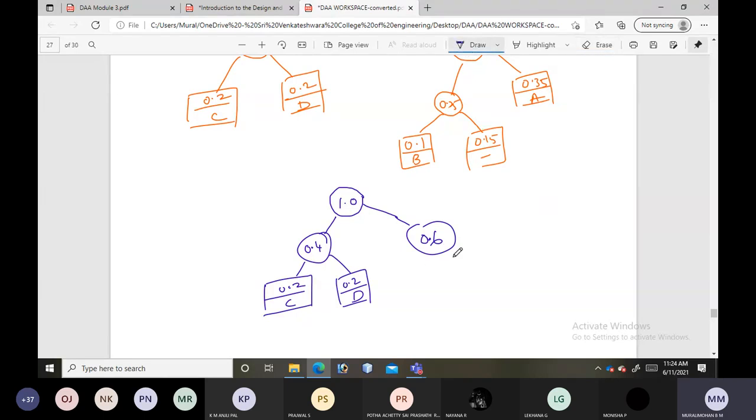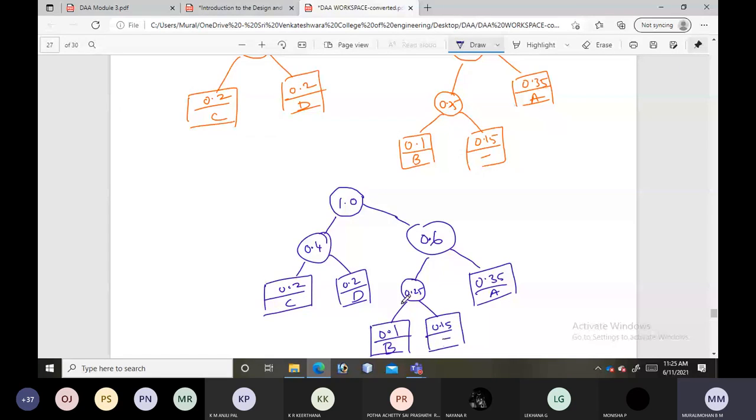The left subtree is 0.25, and the right is 0.35, this is A. For 0.25, the left one is 0.1, that is B, and the right is 0.15 with the underscore.